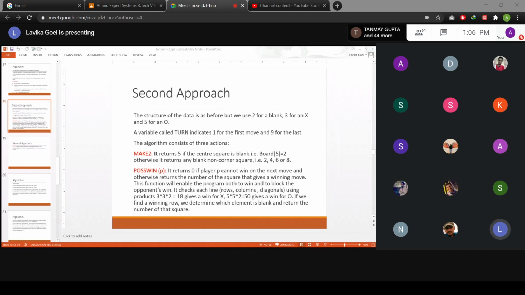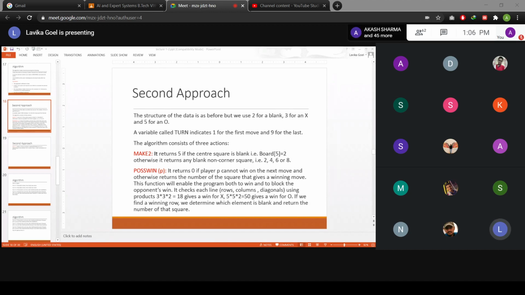So if that combination in a row, column or diagonal exists, this means that if we fill that blank with an X in the next move, then X can win. Fine. So if you find a product in any row, column or diagonal as 18, this means that player X can win on the next move. So if we want to check for X, then we will check for the product as 18.